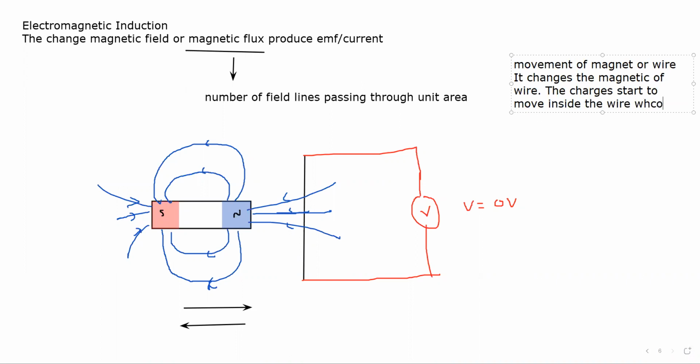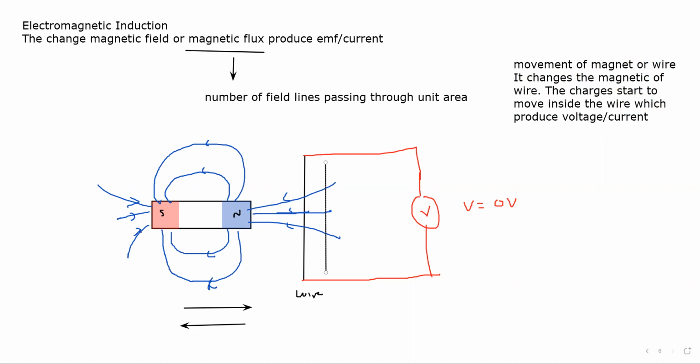which produces voltage. It means the charges have energy, we call it voltage, and when the charges move, we call that current. So in the beginning, what happened? If you place a magnet next to a wire and you start to move the magnet or you start to move the wire, as the wire changes its position, when it is closer or you move it away, there is a change in the magnetic field.